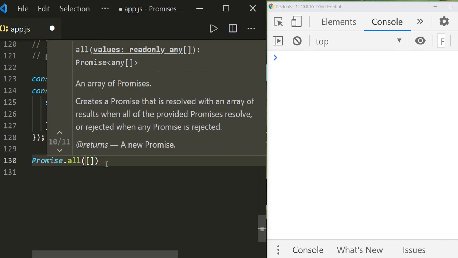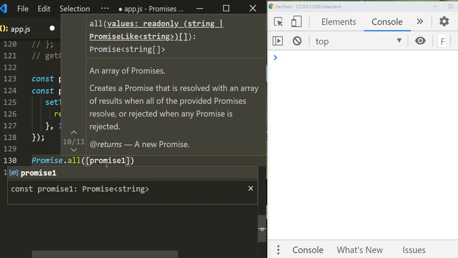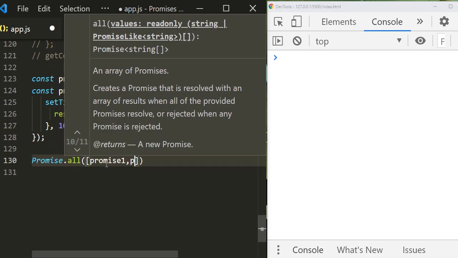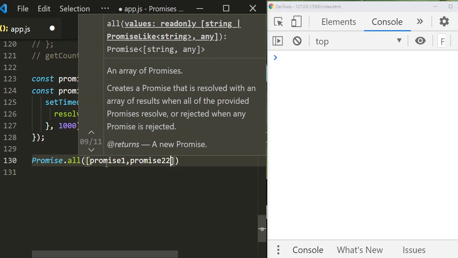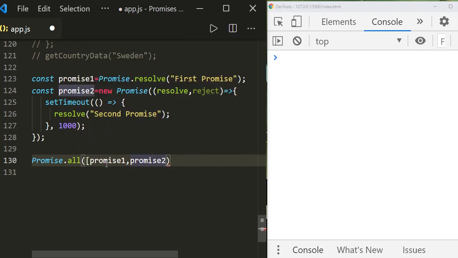So promise 1 and promise 2. Save it and let me print what it is. Let's save this to one variable, let's say promiseAll. You can give any name.